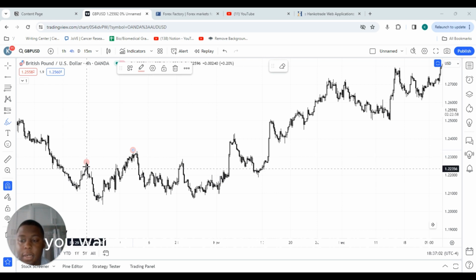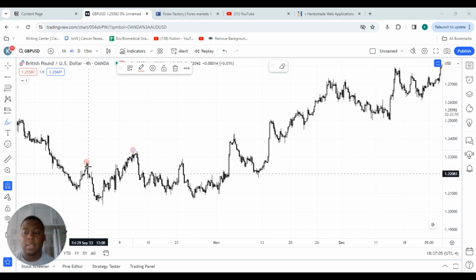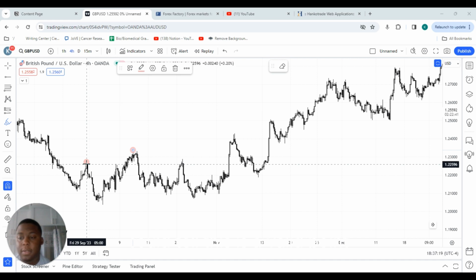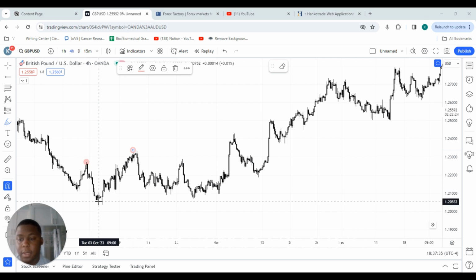So first, you want to identify structure points in the market, and what you want to do is select whatever particular time frame you're comfortable with, and you want to look at the most extreme points. So first here, you can tell this is a valid point by how it sticks out amongst the chart, and this is looking from left to right. You can see this is going downwards. So this is a downtrend, and we would identify this as a lower high,